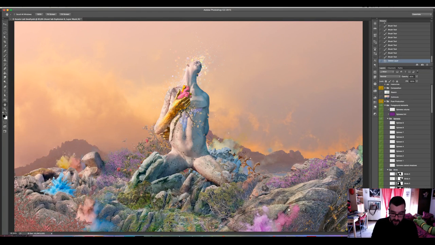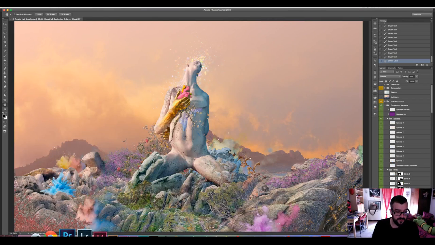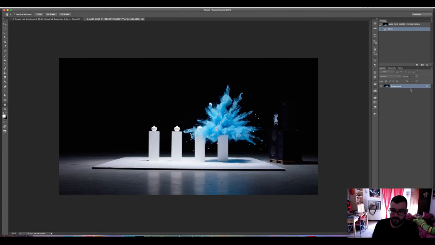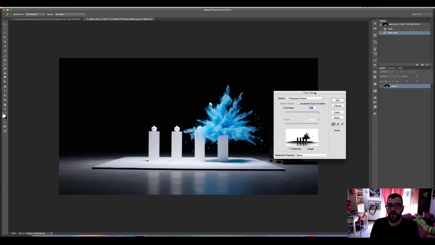So, well, you may be asking how I have been able to get this out, because it is possible to do with a mask, a brush or with an eraser and such. Well, let me show you. Let's take one of the stills, this one for example, drag it to Photoshop, and let's go to color range. Well, with this tool, when we pick a color cluster, Photoshop will interpret it and will isolate all the similar color cluster in the photo, according to the fuzziness we marked.